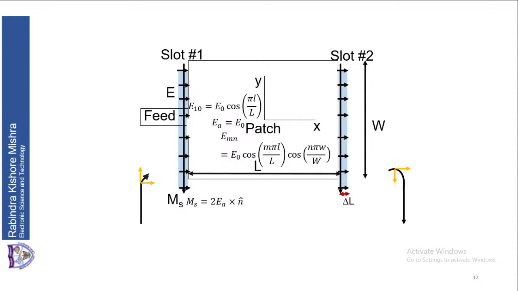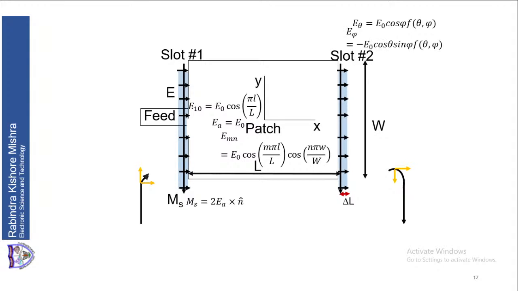Now once EA is equal to E0, once you know what is the field on the aperture, then you can find out what is the magnetic current density, equivalent magnetic current density. So that will be Ms, that is equal to 2 EA cross n cap, that is the magnetic current density. Once you know what is Ms, then you can find out what is E theta and E phi for each